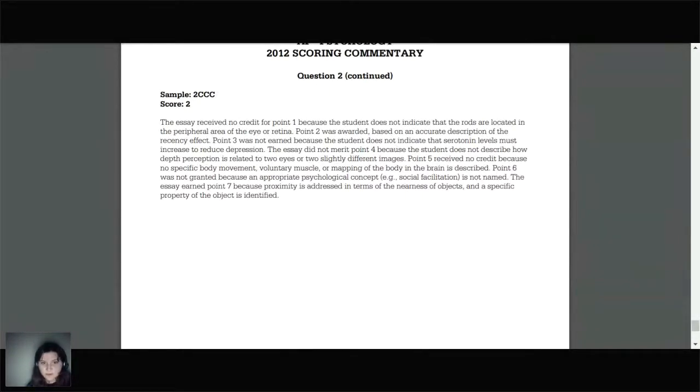The essay received no credit for point 1 because the student does not indicate the rods of the peripheral area. Rods are located in the peripheral area of the eye or retina. In this, you have to specifically pay attention to the details of the question. If you didn't state the location or positioning of something, then you don't score the point. Point 2 was awarded, and point 2 was the